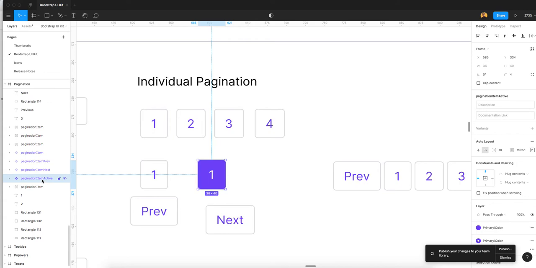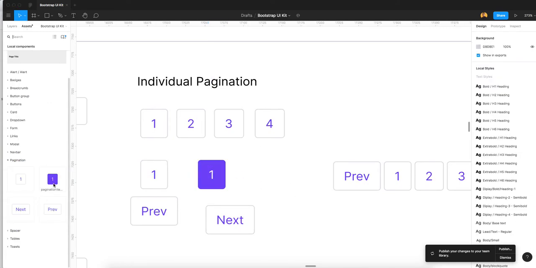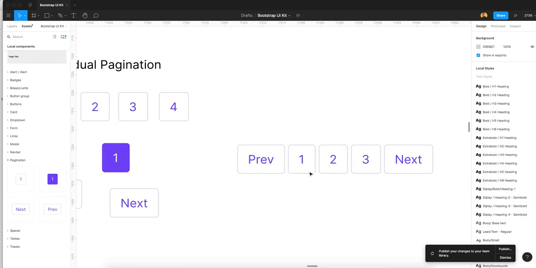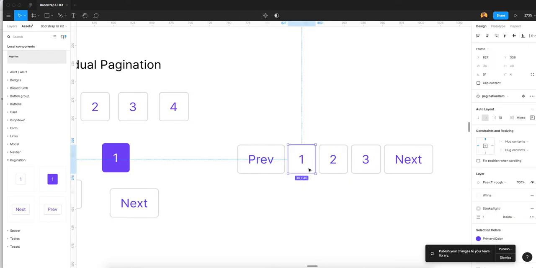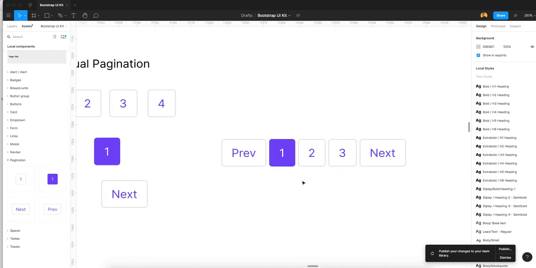See, you will see here it will be shown as active. Now I am going here and you will see you have one active item. I am going here to our created individual pagination. You will see you also have the option to show active here. Just go here and click pagination as active. See, now it will show you as active in your pagination. So this will be our active pagination.